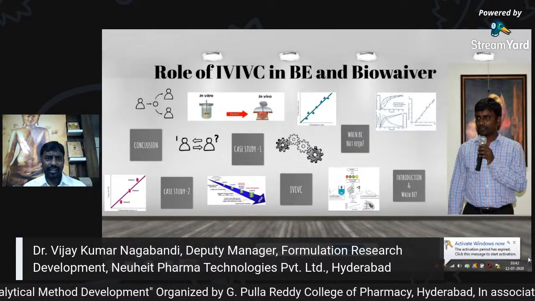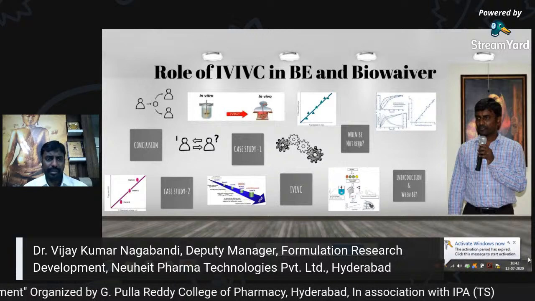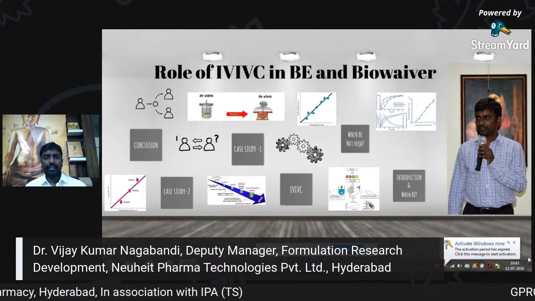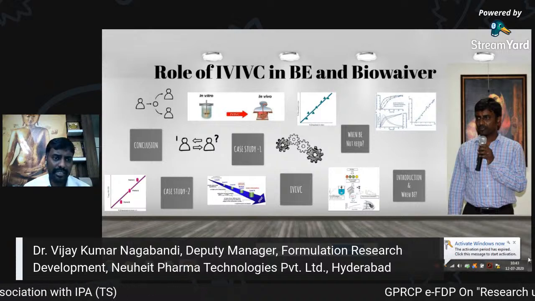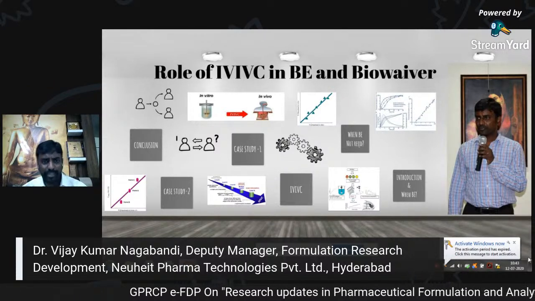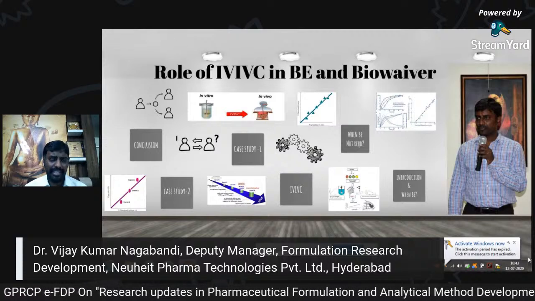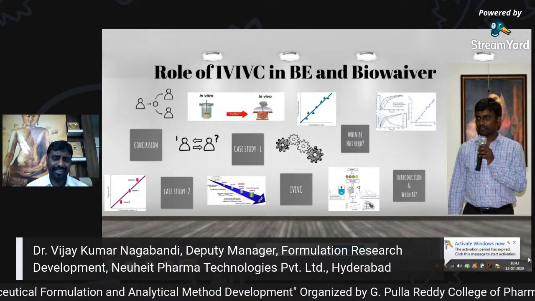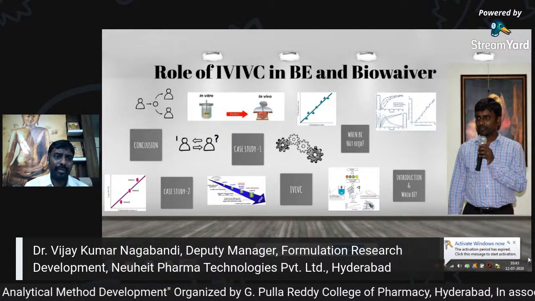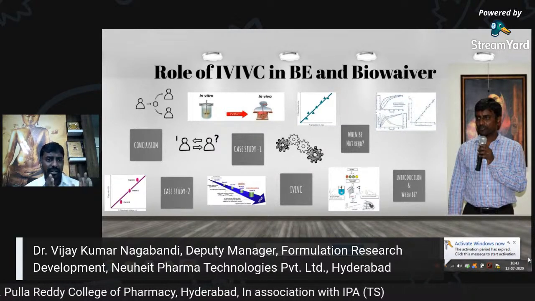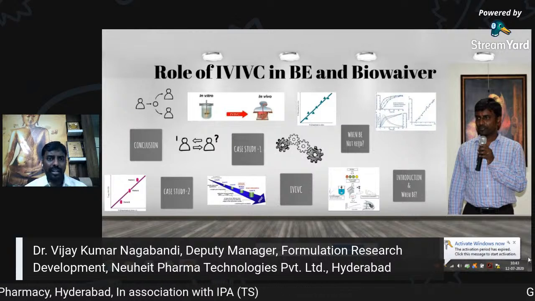So this is all known to all of you, so I'm not going into detail about bioequivalence and its importance. But for any pharma company, if you consider 50% or 60% of weightage, I can tell you 60% of weightage can be given to bioequivalence, because to bring the generic formulation into the market, the major part of the success story will be on the bioequivalence part,